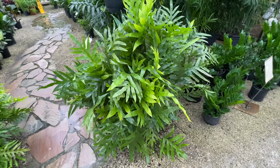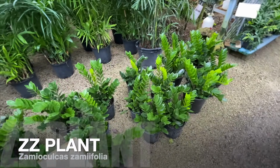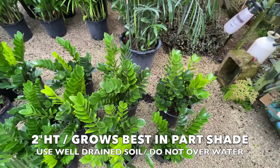Real tough fern for shady areas, as is the ZZ plant. You've got to be careful not to get too much water on them if you put them in your yard, because they can rot out. They like to be a little dried out, but